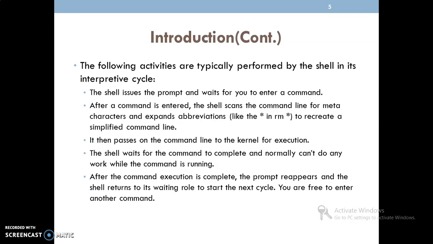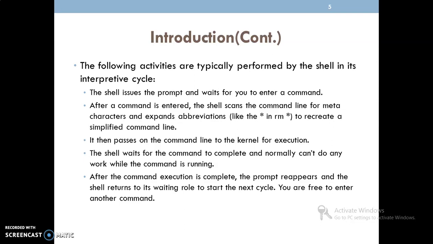As we know, whenever a command is entered by the user, that command is translated by the shell to the kernel. Then the kernel executes the command and displays the output on the screen. In this case, the shell waits for the command to complete and normally cannot do any work while the command is running.